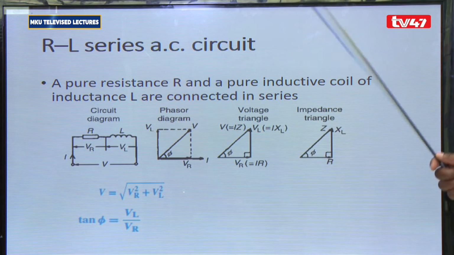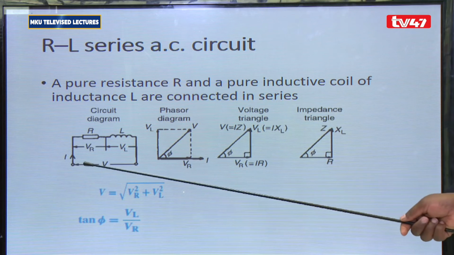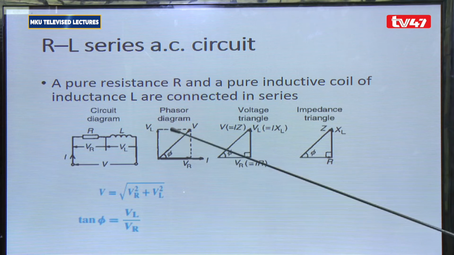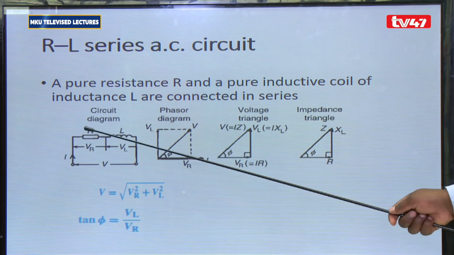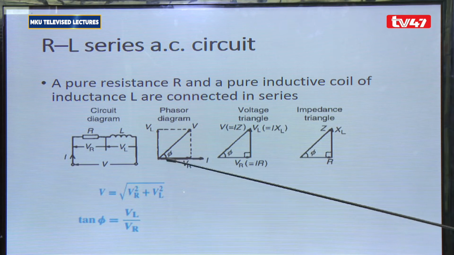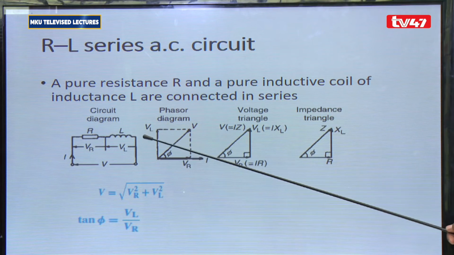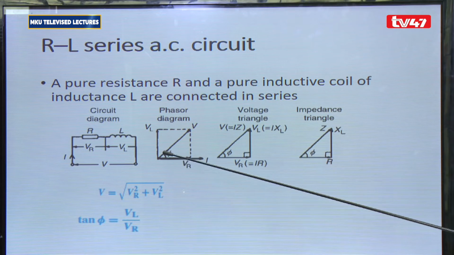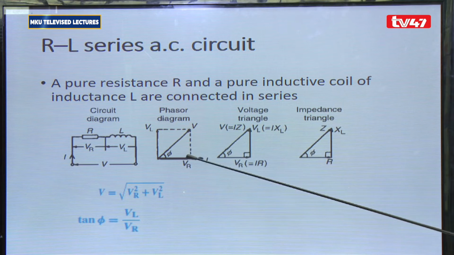But in AC circuits, we get the phasor value of the resultant voltage, like what we usually do in vectors. You have got two vectors, and then you get the resultant, such that the voltage across the resistor R is going to be on the horizontal part, and then the vertical is going to be VL, because they are out of phase with each other at 90 degrees. If you take this side and bring it here, then you are going to form a right